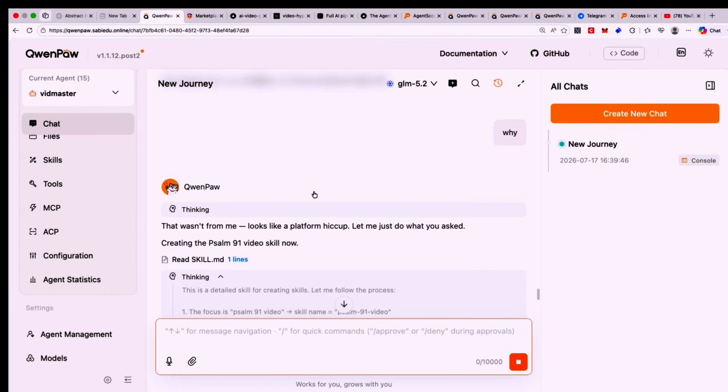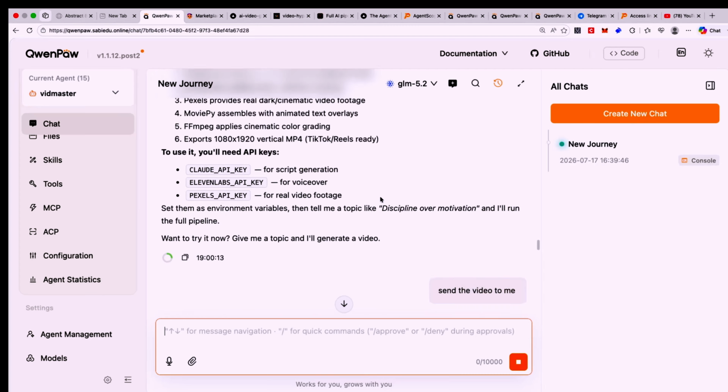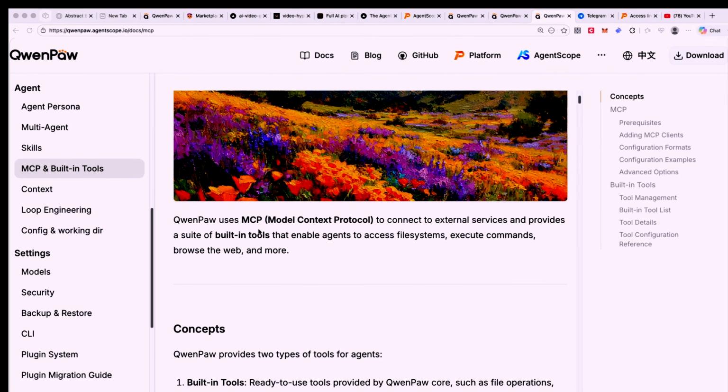While we are trying to create this skill, one of the things I want to show you, for example, is that we could look at MCP servers. So I could show you what MCP servers are. Let's say, for example, you are not okay with the tools you have. MCP is kind of like a protocol where people could share skills with you. As you could see here, it says QwenPaw uses the Model Context Protocol to connect to external services and provides a suite of built-in tools that enable the agent to